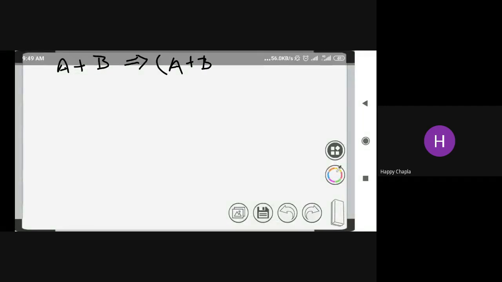Okay, now we are going to convert the expression like A plus B. Now what is the rule using stack? So first we need to give the starting bracket and one closing bracket. Yes, now I hope you are doing the question with me. Just solve this question according to the rule.